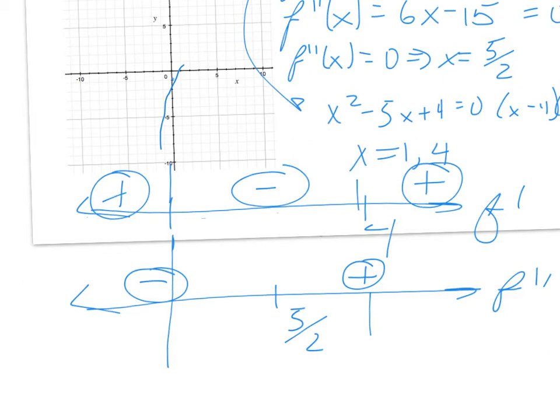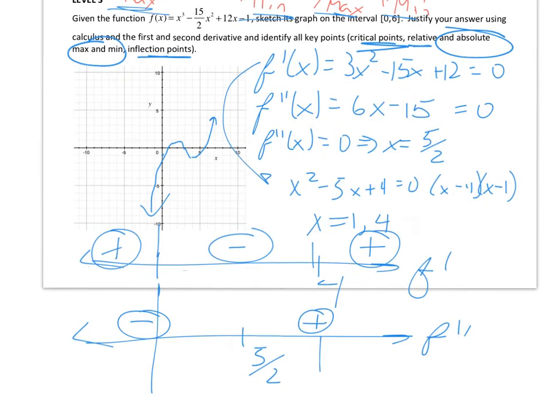And then from 1 to 5 halves, I have a negative first, negative second, so I'm looking like that. From 5 halves to 4, I have a negative first, positive second, looks like that. And then from 4 on, look like that. So there's my graph, but I was told I only want this graph over the interval from